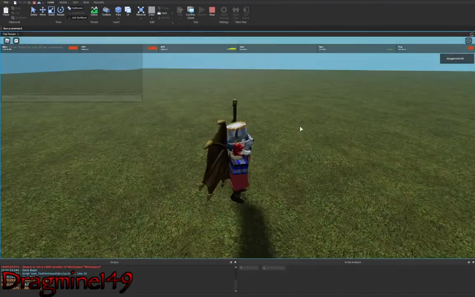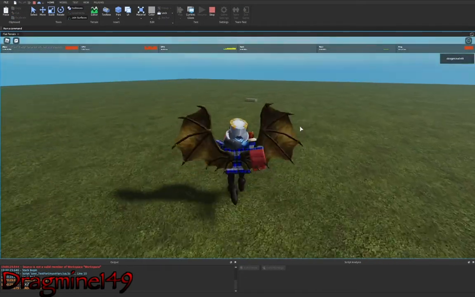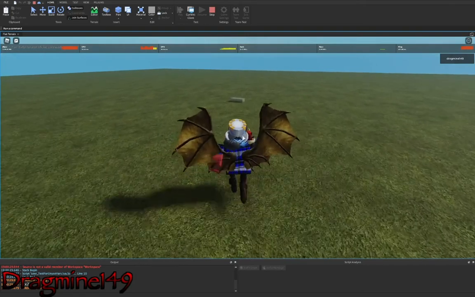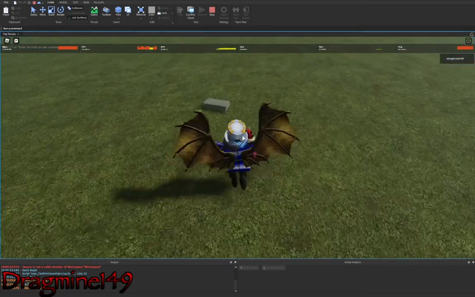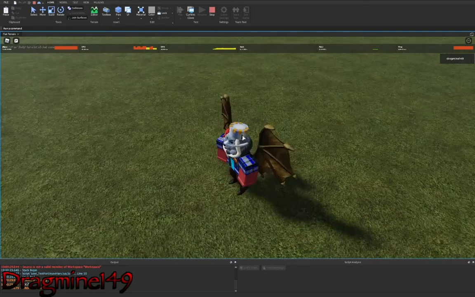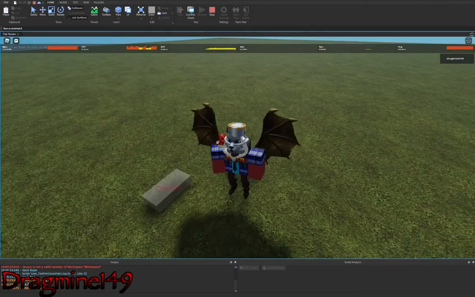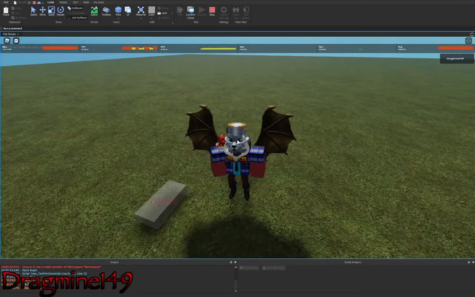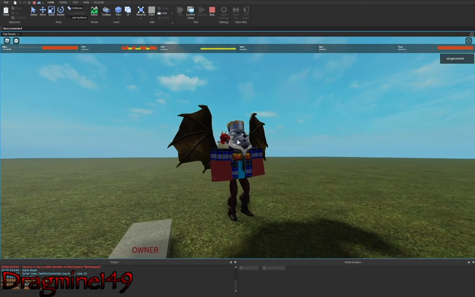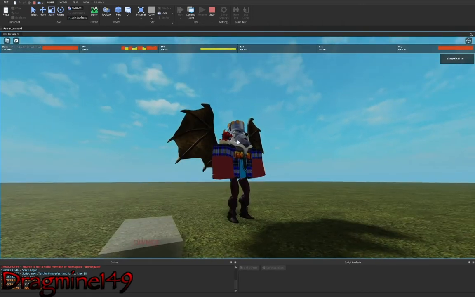So now that we are in, if we just look around, see, we can't see it, but as soon as we get closer, we see it in bright red text. Well, it's clipping for me, but that's because of the transparency of the block.